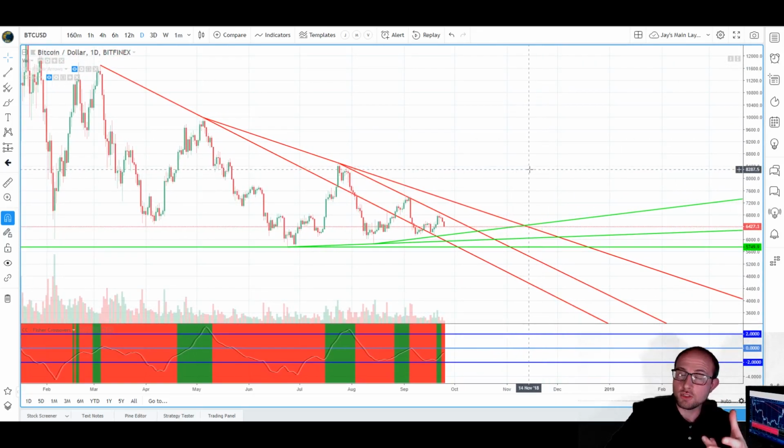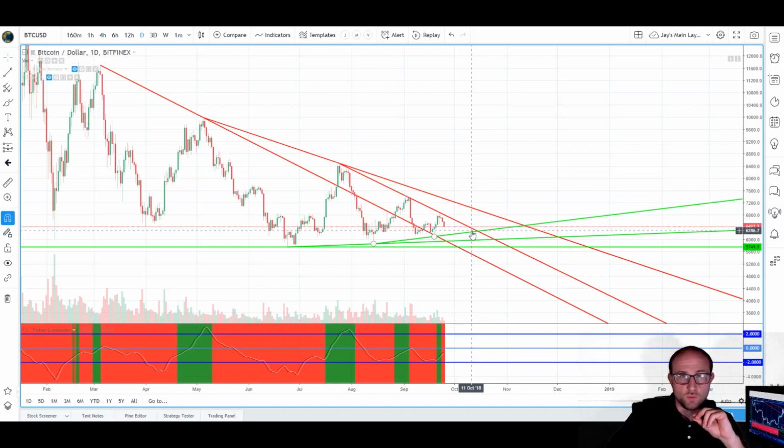Now, it is possible also that we see a tightening of this consolidation range, we move further into this triangle point, and then we break to the upside and we don't see that downside. However, based on my experience and based on how institutional traders trade and my knowledge in the markets, I think that that is very unlikely.